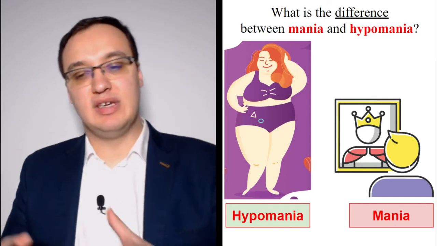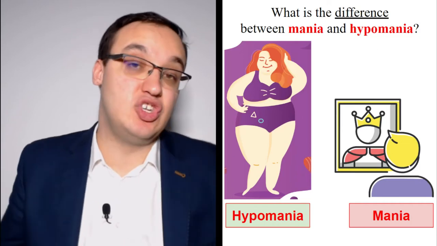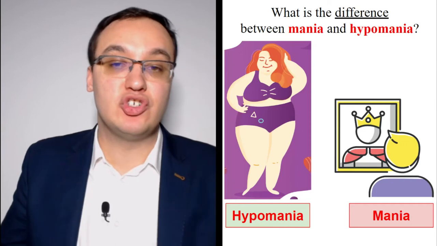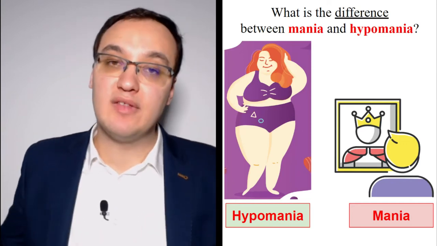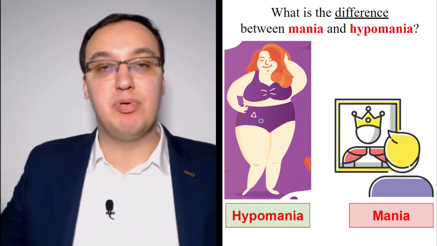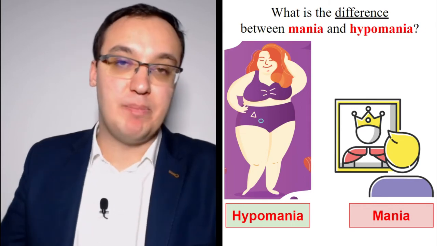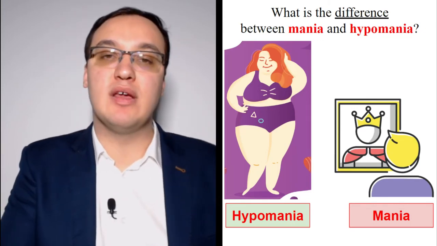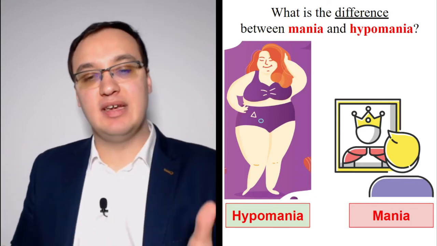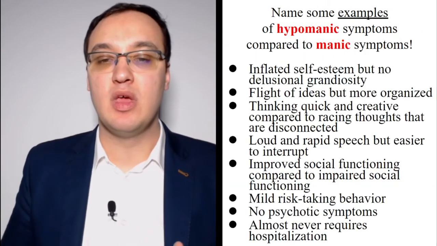As we talked about, this right guy thinks that he's king, and this hypomanic girl just thinks that she's beautiful, which is not true in this case. For many people, she would be considered overweight, and not many people like overweight people. I don't want to make a political statement here. I know that we should accept everybody, but most of the people like when people show a good fitness level, and that's more attractive. And this girl thinks that she's very attractive, and she's a little bit hypomanic.